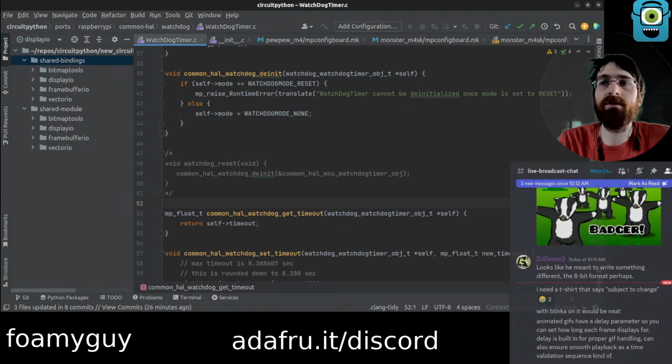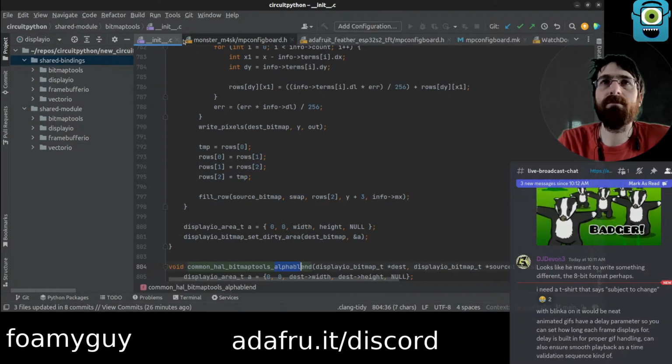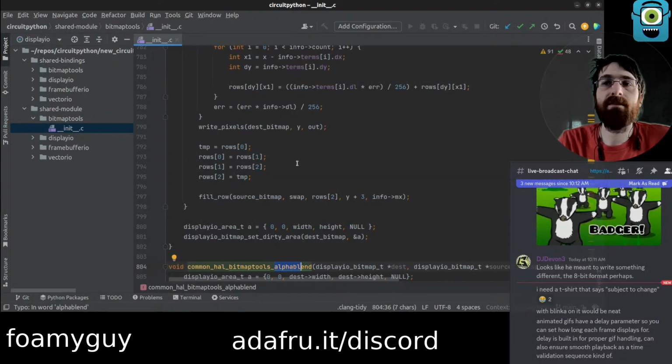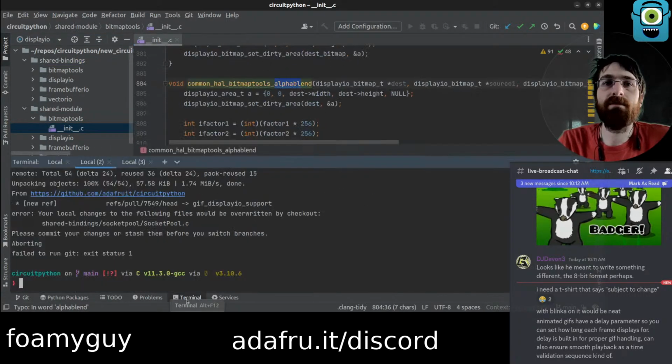Did it? Didn't actually check out, or I know it failed actually. Please commit. I don't know why I have this change in socket pool.